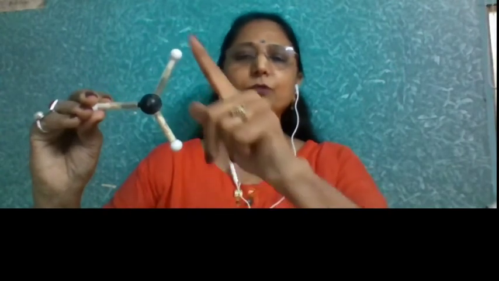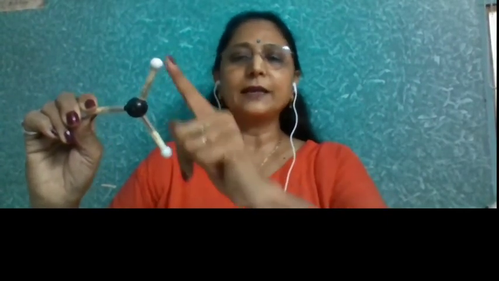Consider the axis passing through this atom and the center. If I rotate the molecule along this axis, these two atoms will change their position with each other, and as it is a planar structure, it should look alike. That means I have to rotate the molecule like this. So I have rotated it 180 degrees, so these atoms change their positions with each other